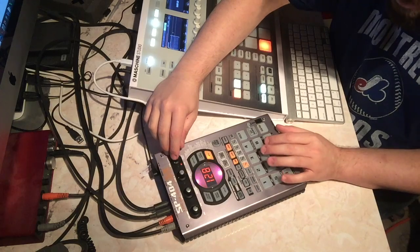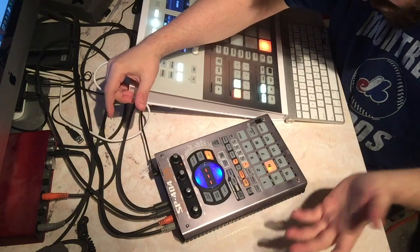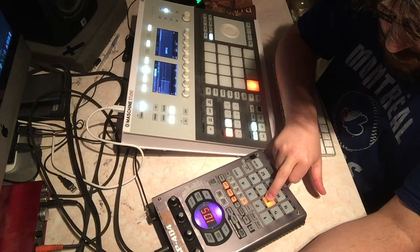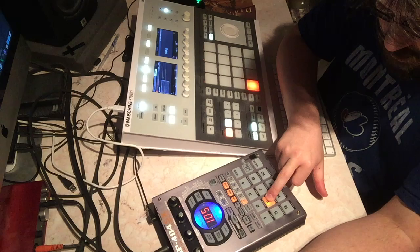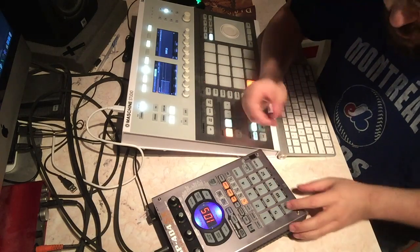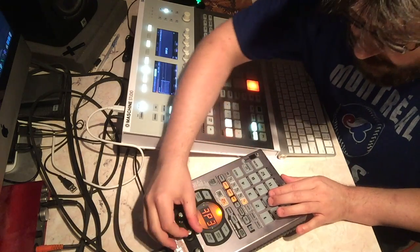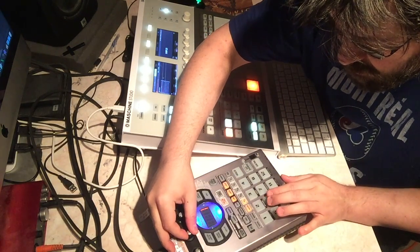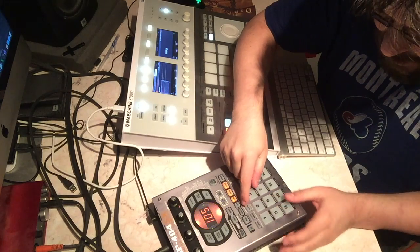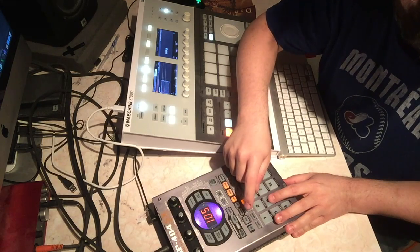So I want some of that, and I want some crunchy. So now I resample on pad number 6, let's say, and I record with the crunchiness. Okay. Now I want to adjust the start point of this to make sure the next loop will be good. Trim, and then let's put a start point on that loop and the end point by triggering manually on pressing